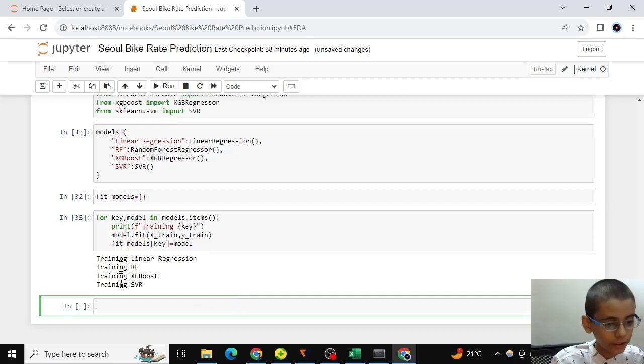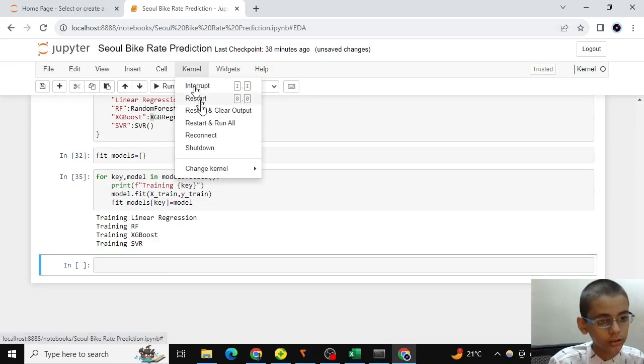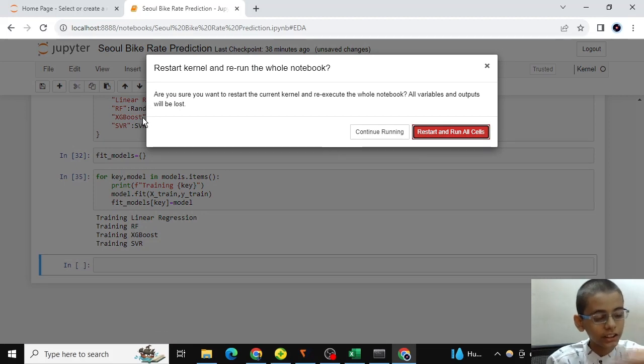Okay, they are trained, and we can re-execute all of the code for these numberings.